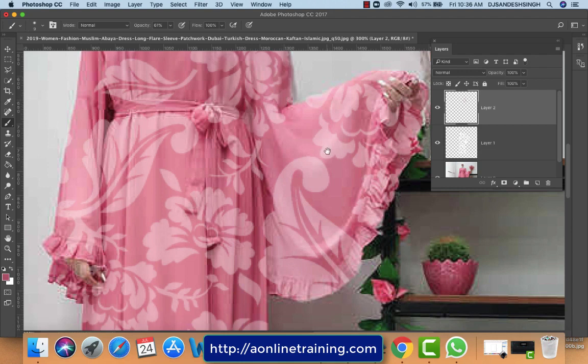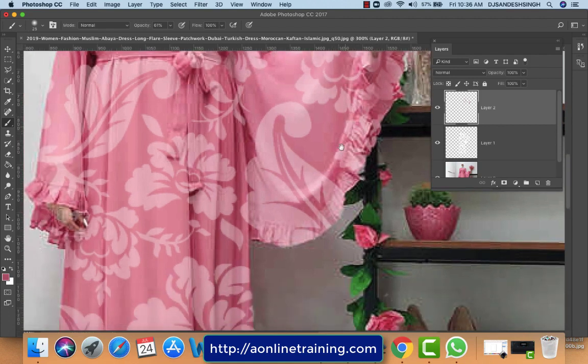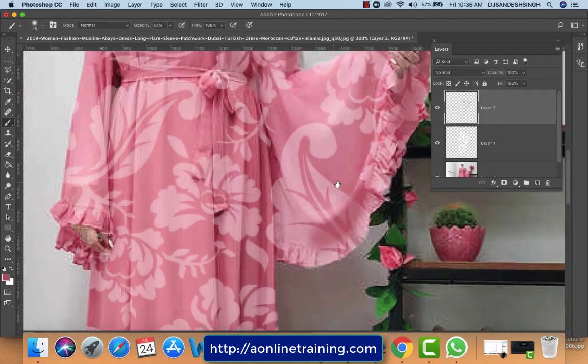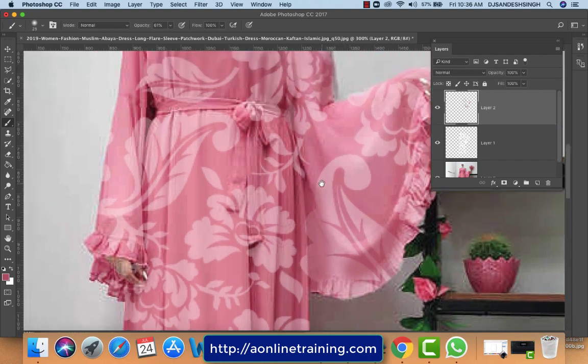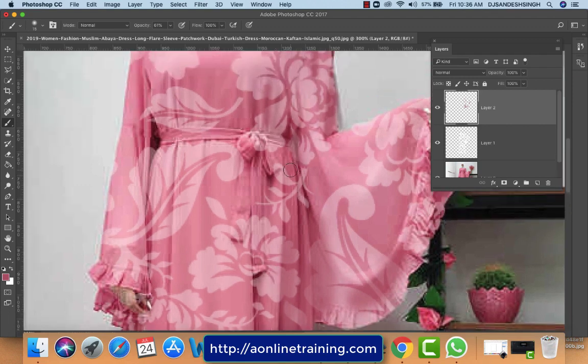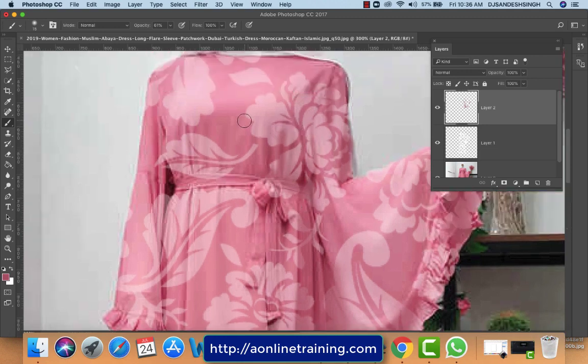You can reduce the size of the brush with the start and end bracket keys on your keyboard. It's very important to give depth to your dress. That's how we create these shades. Every fold, wherever you see depth or dark shade, you have to paint there to give the texture depth, so it looks like fabric with this texture.